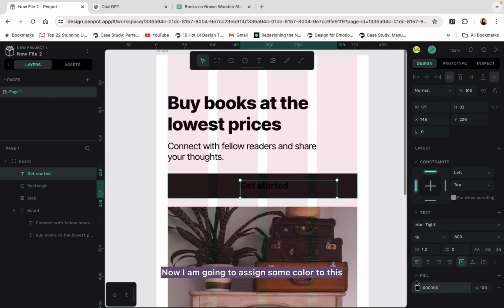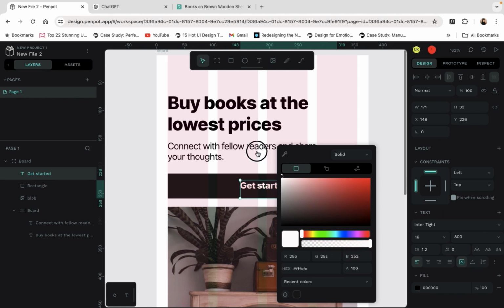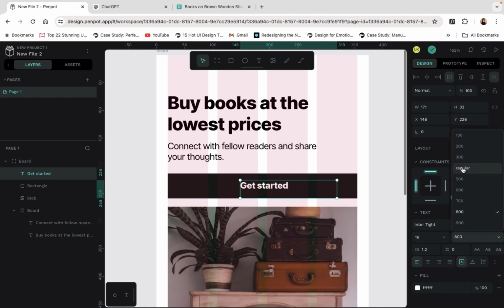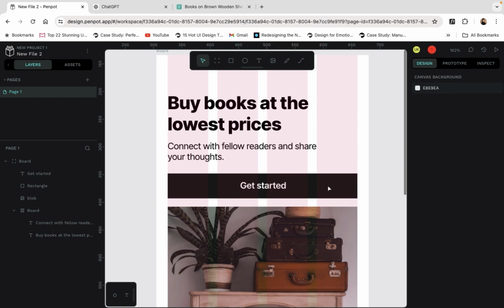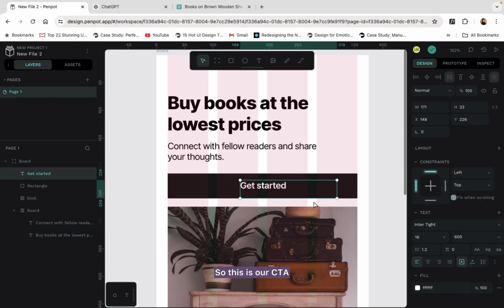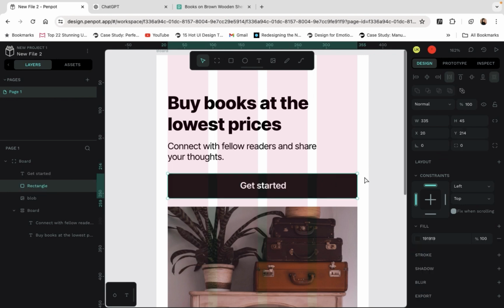Now I'm going to assign some color to this. So this is our CTA. I will add some corner radius as well.